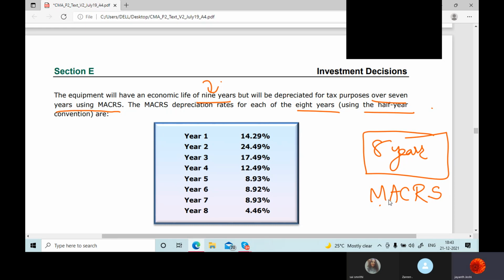Modified accelerated cost recovery system, and here the depreciation should happen for 7 years spread out in 8 years because of the half year convention. First year half and last year half. Is it so? Isn't it so? Yes, sir. So first year half, then full, and then half. So 3 years were spread into 4 years that time. You saw that. So we would take these depreciation rates,